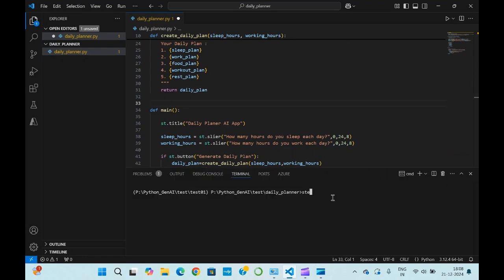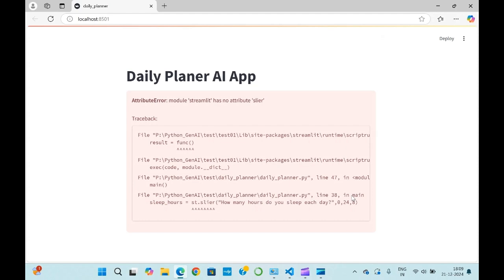So we'll have to use Streamlit. We are in the correct directory, and we have to run streamlit run. First of all, I will save it. Streamlit run Dailyplanner.py, and we'll see. You can see this slider will. Okay, Streamlit has no attribute slider. Okay,